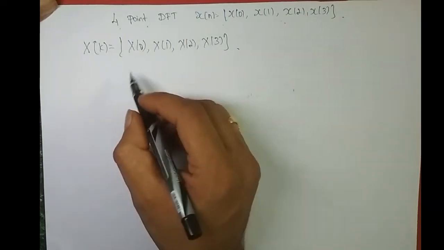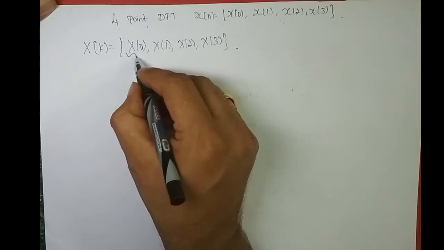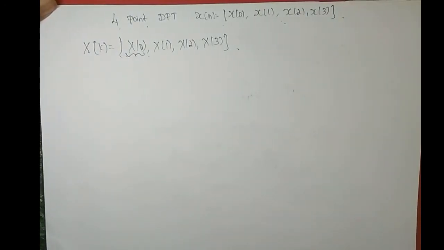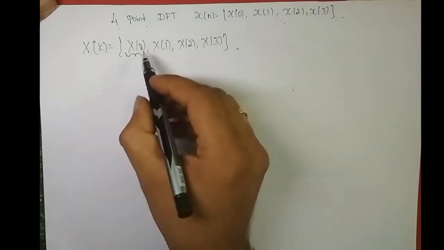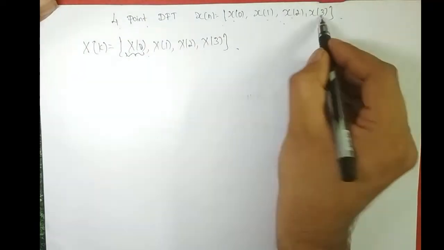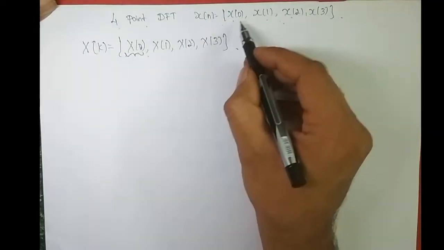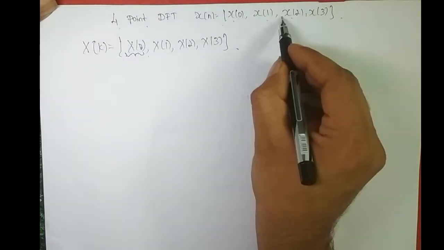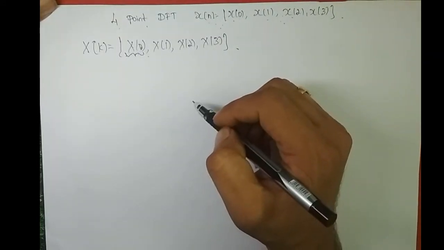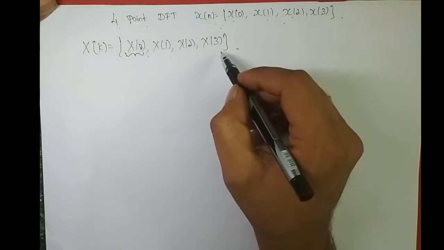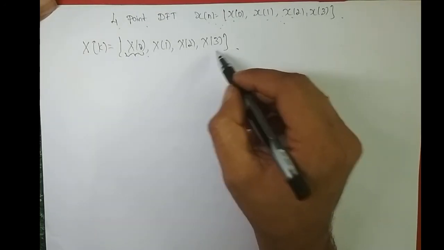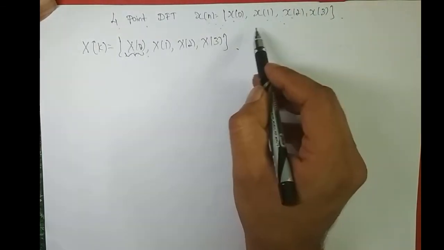Fine. So here you don't have to put the first sample, x of 0 at k equal to 0, in the formula. You can directly do it. How do we do this? This is nothing but the sum of all these 4 samples. So x of 0, for k equal to 0, is always the sum of all 4 samples of the time domain sequence x of n. We have solved a few problems. You go back and check your problem. Always your x of k at k equal to 0 is the sum of all the time domain samples.